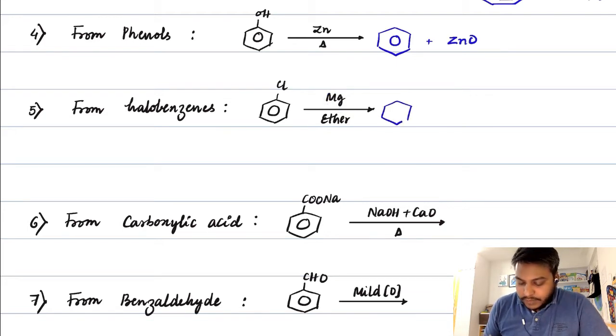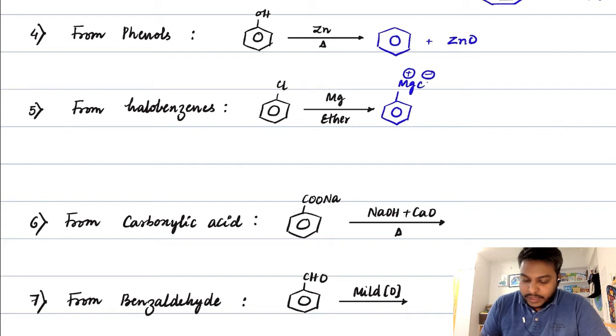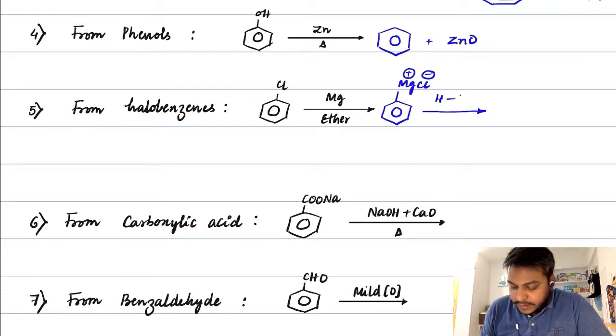Grignard's reagent forming here. So we will have this as MgX, with plus and minus here. This is what we will have, Grignard's reagent. If we have chlorine here, we get this as magnesium chloride. Once you get this, hydrolyze it with any polar protic solvent, where there is a sufficiently polarized hydrogen.